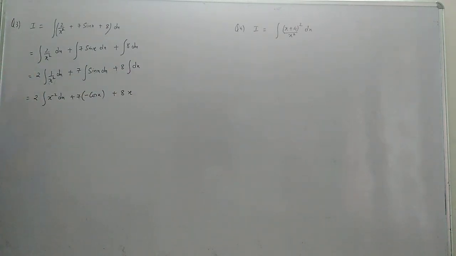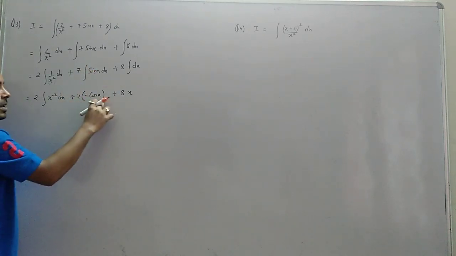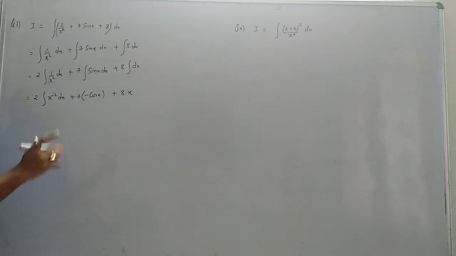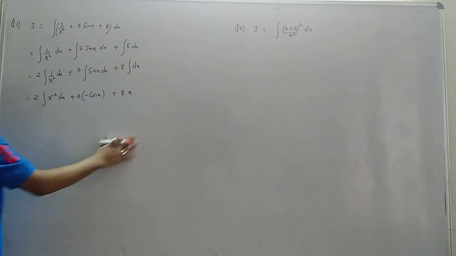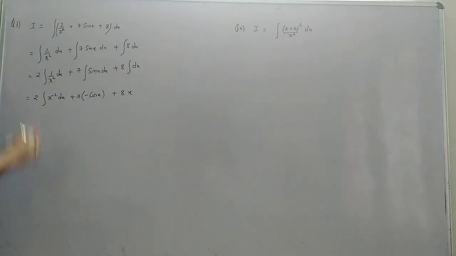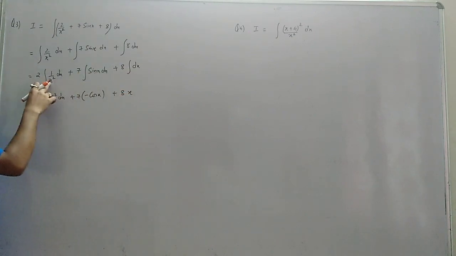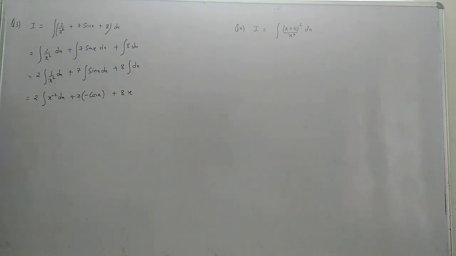Now, whenever we apply the formula, we write plus c, but I haven't written plus c here. When we have multiple integrations, you will add plus c only at the end when all the integration signs are gone. Now in this step, this integration is gone, this integration is gone, but this integration we still have. That's why I'm not writing plus c. So when we have multiple integrations, we will write plus c only when all the integrations are over.